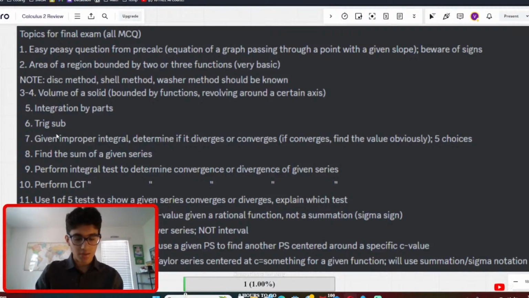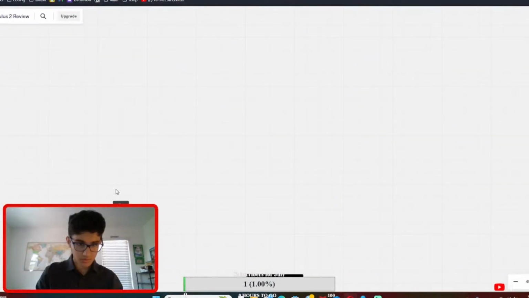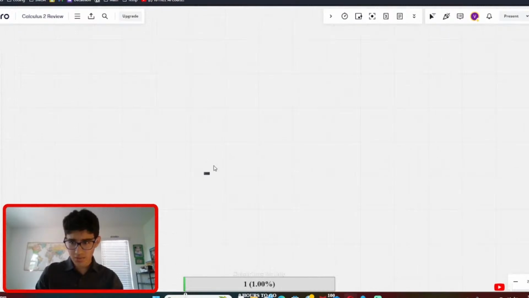And then, given an improper integral, determine if it diverges or converges. And then obviously if it converges, you find the value. So that's easy enough. Besides that, there are a few integral test ones. There's a few different test ones. There's the integral test, limit comparison test. This one you pick any test and then use it on that series question. So anyway, we've done enough of that. Now let's actually begin. First topic is